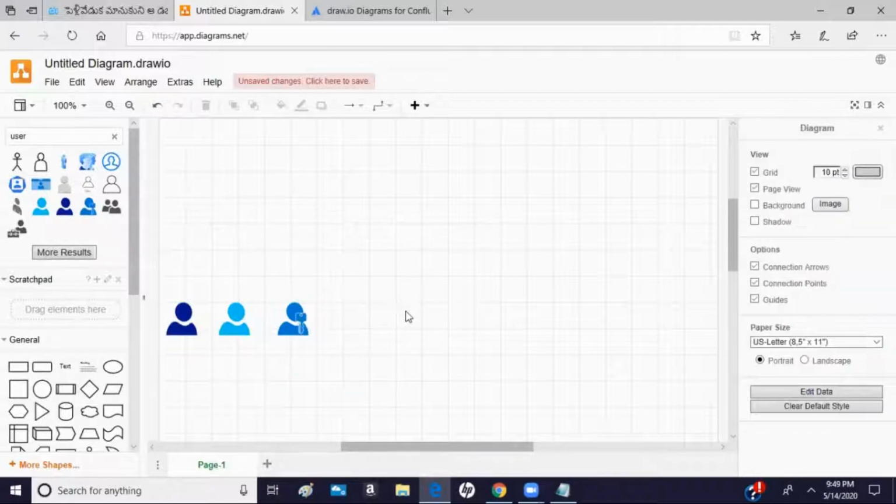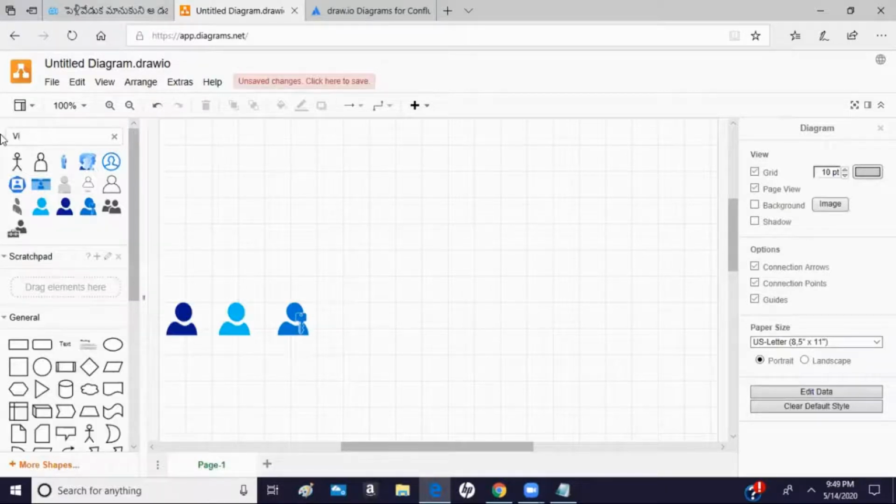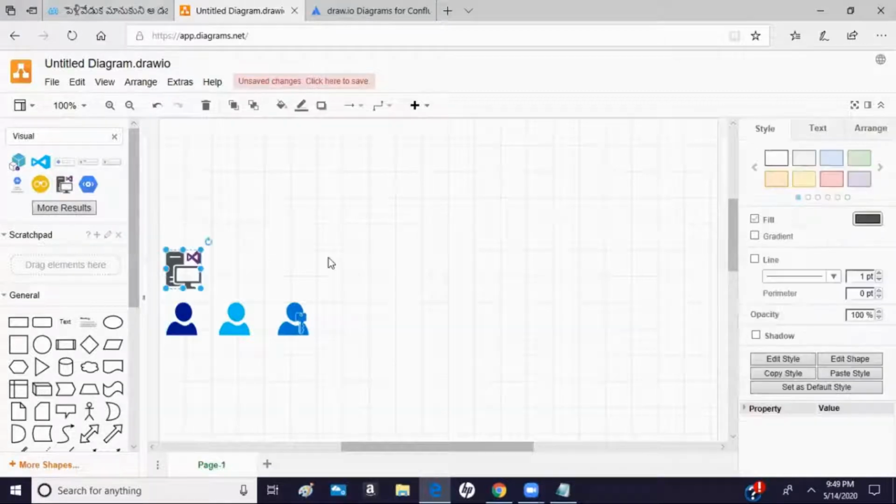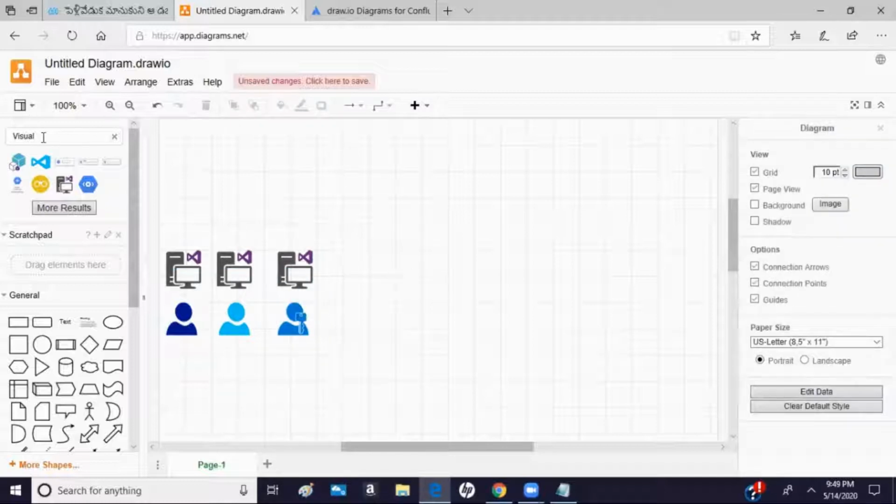Now we need a Visual Studio. Yes, we get the Visual Studio. So now they all are using their own workstation, which has Visual Studio installed. They are all using a different laptop or desktop, and then they have a central storage where they store their data.